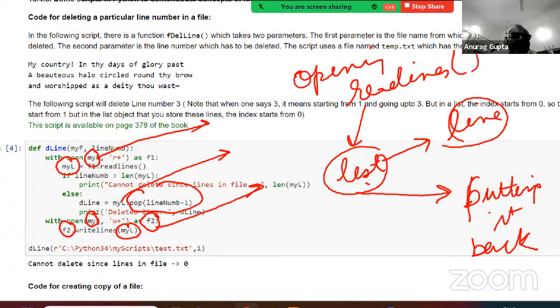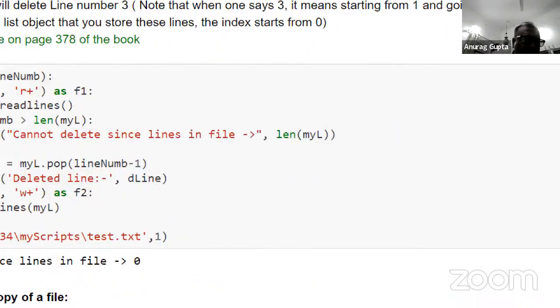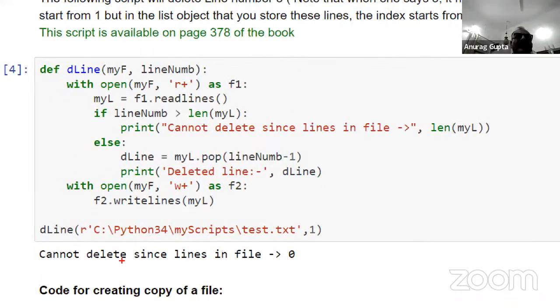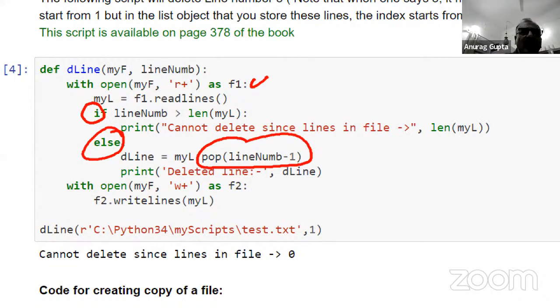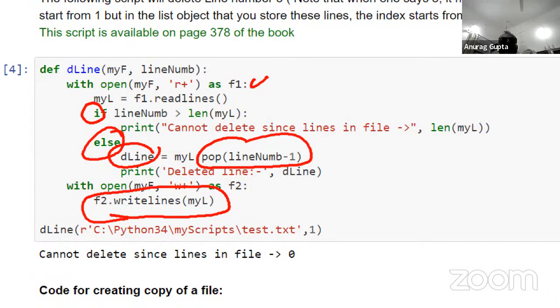The important thing is to understand the flow of this program, because if you understand this flow, then you are good. Then you can write your own scripts. Using libraries is nothing great, in my opinion. Of course, you should know how the library works and you have to read the documentation. But if you don't know these basic things about how to open the file, how to close the file, how to use the if and else, how to use pop, how to use lists, and how to use writelines, then you really can't do very meaningful, useful things in programming, right?